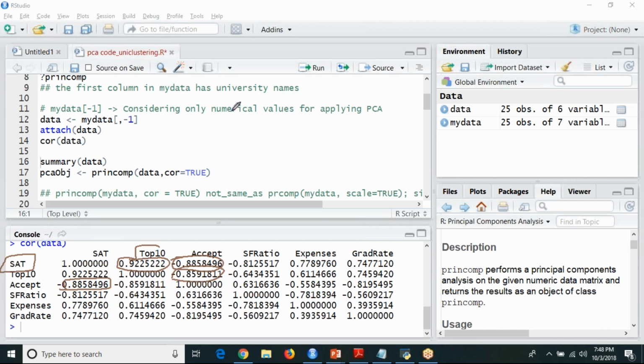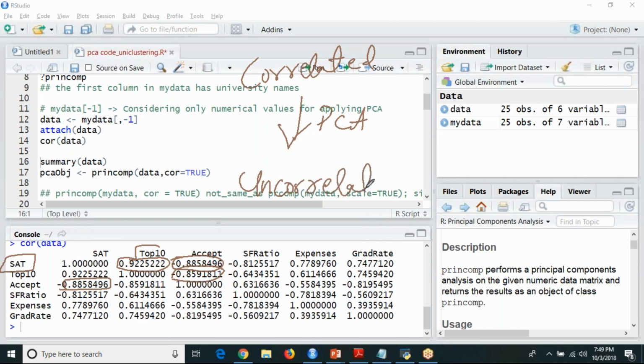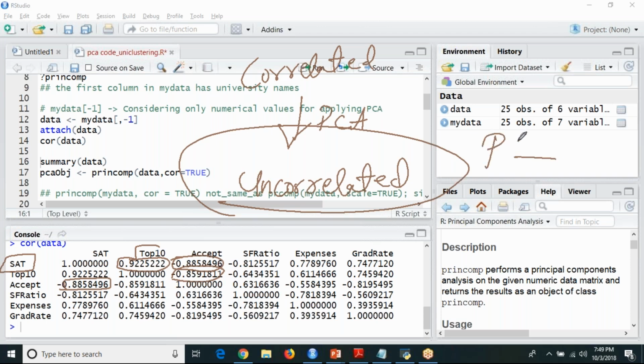Your data before applying PCA is correlated. But once you apply PCA, your data will become uncorrelated, and your correlation will not be there. Your correlation between your PCs will be 0. That is what we discussed yesterday with respect to the theory part.